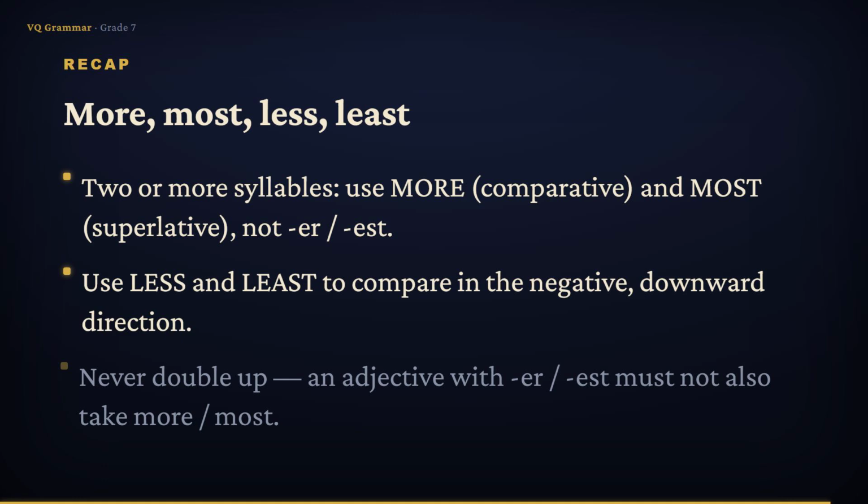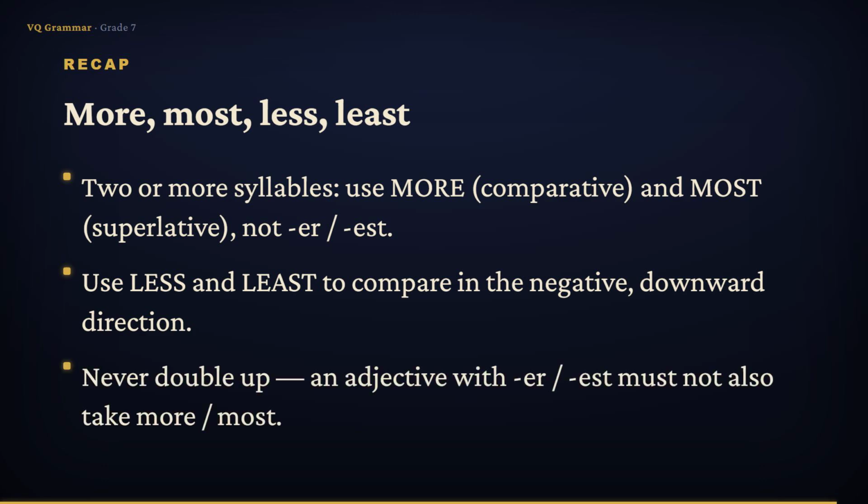Less crowded, least crowded. And above all, never make a double comparison. If an adjective already carries er or est, it must never also take more or most. Count the syllables, choose your helper, and never stack two